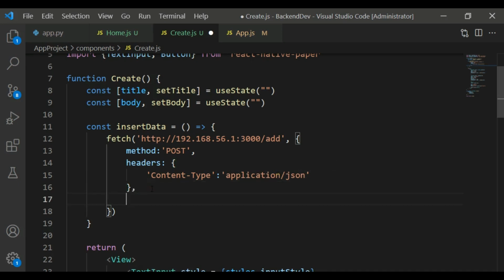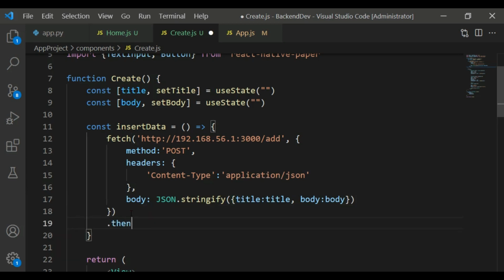And also, because we are sending some data, we need to also add the body in here, so we can just say JSON.stringify, and in here we want to send the title and also the body, so title to title and body to body, like this. So this is an object, and after that it will return a promise, so we can just catch that in the then block. So we are receiving our response, and we can just say response.json,